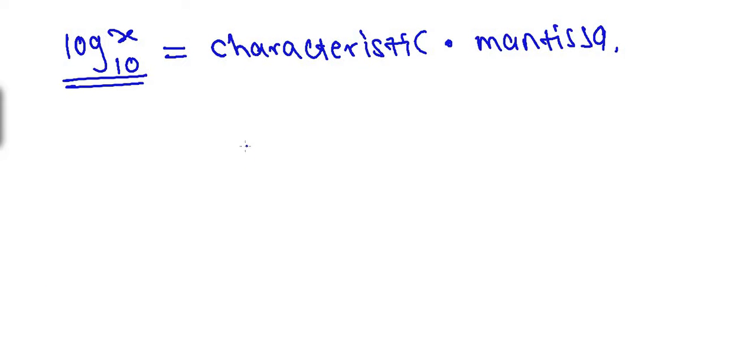In physics and chemistry, we need to find a log of a number to the base 10 using log table. Now whenever we find the log of any number, say x to the base 10, that is divided into two parts. First part is the characteristic and second is the mantissa, separated by a dot. Remember, this is simply a dot which is used to separate the characteristic from mantissa. This is not a decimal. This is simply a separation between two parts. One is characteristic and second part is mantissa.